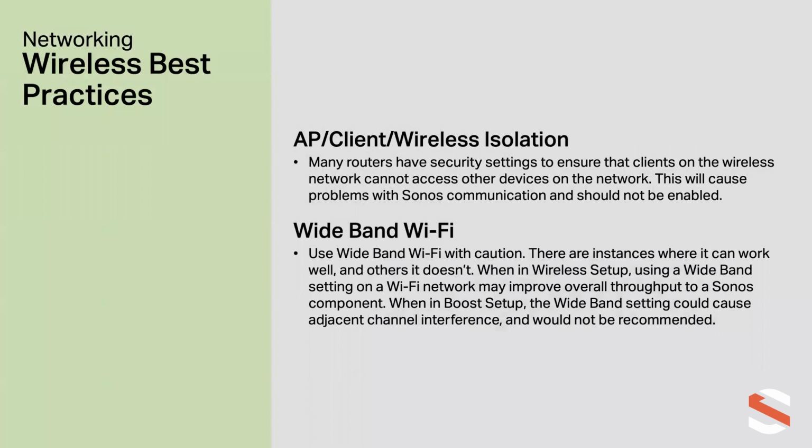A few things to consider: AP client wireless isolation. When you're trying to set up a network that blocks peer-to-peer sharing, that's where Sonos runs into problems, because we need to be able to peer-to-peer share not only for audio transfer but also for metadata as well. So peer-to-peer sharing needs to be turned on, and so if it's not,